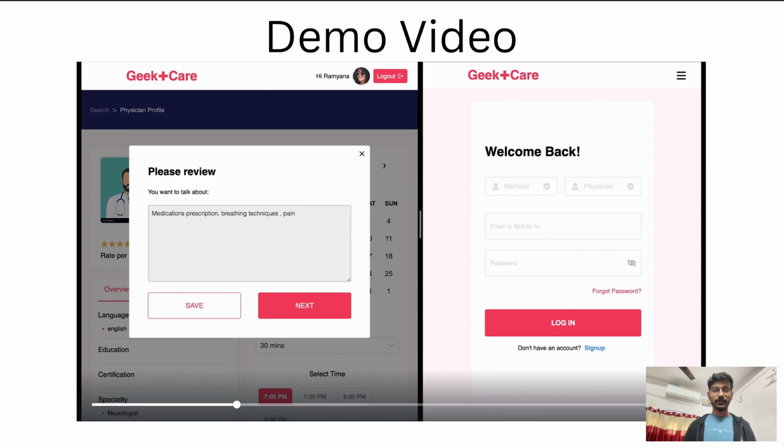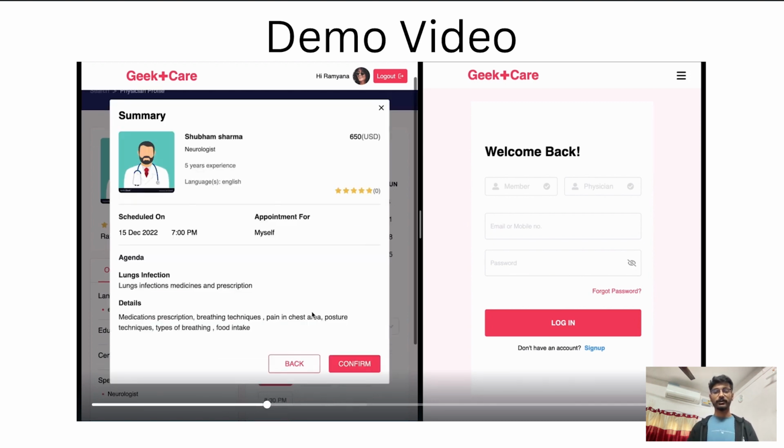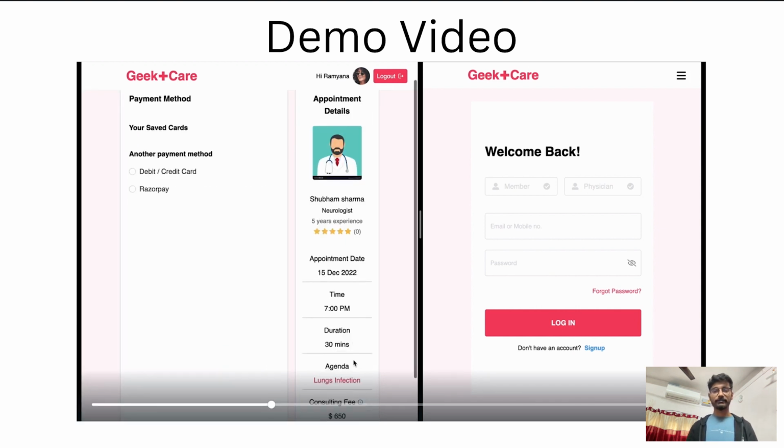It's just to give context to the doctor as well, why the patient is actually coming to them, right? Because for the first time, it's an online consultation, and the doctor always has a limited time frame, maybe 20 or 30 minutes. So it's always beneficial for the doctor to know more context about you before you actually go into a video consultation. Once you fill in the necessary details, you can press the confirm button,